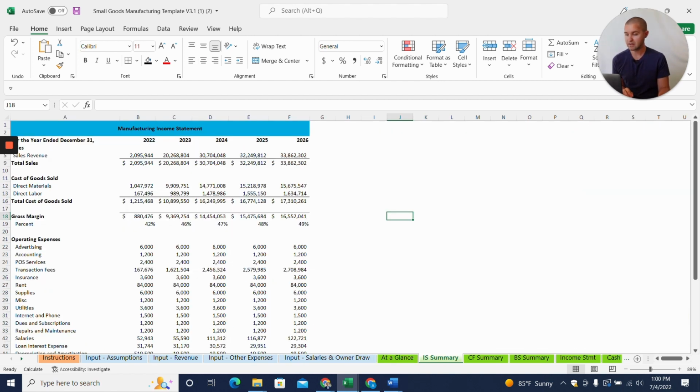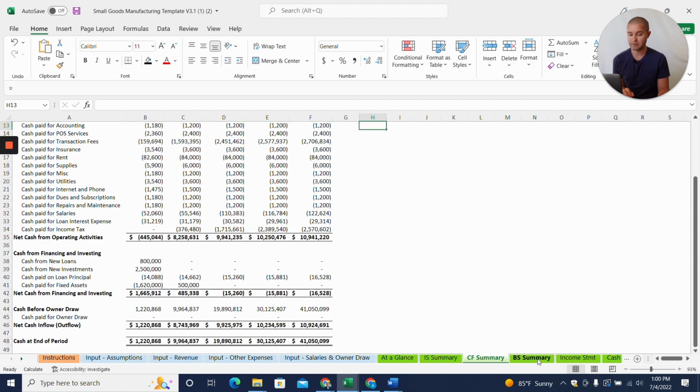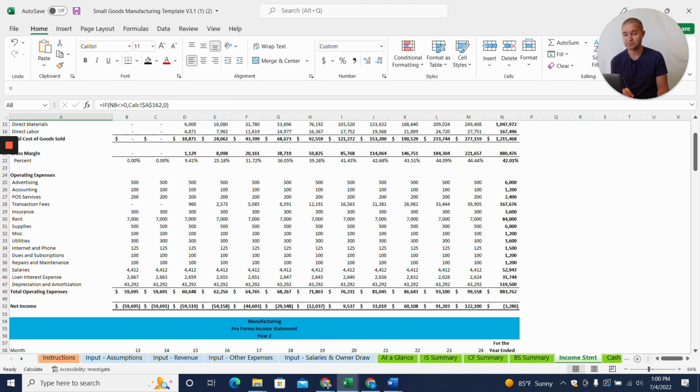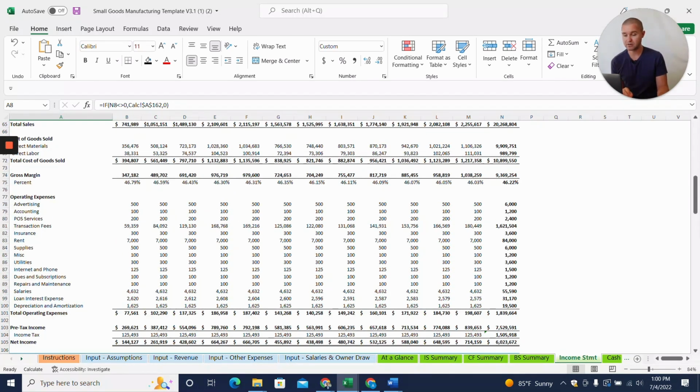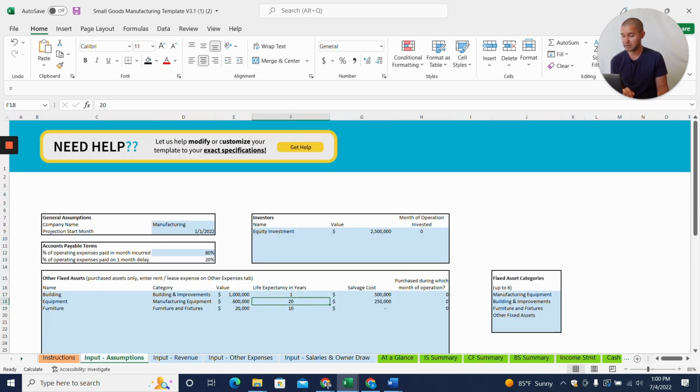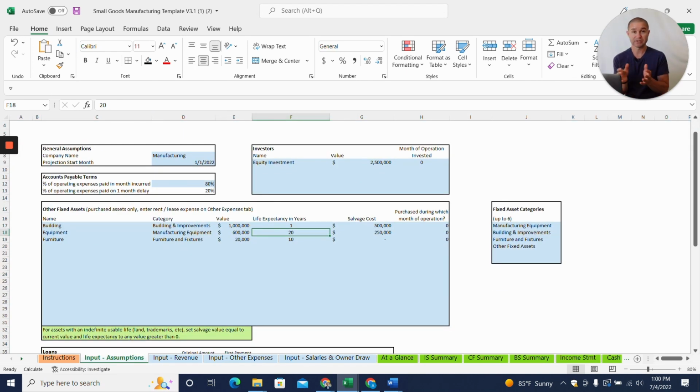You also get a 5-year income statement summary, a 5-year cash flow summary, 5-year balance sheet summary, and then the income statement, cash flow, and balance sheet statements all broken down by month for each of the 5 years as well. So with that, I'm going to jump into how you actually input the data to develop the projections.